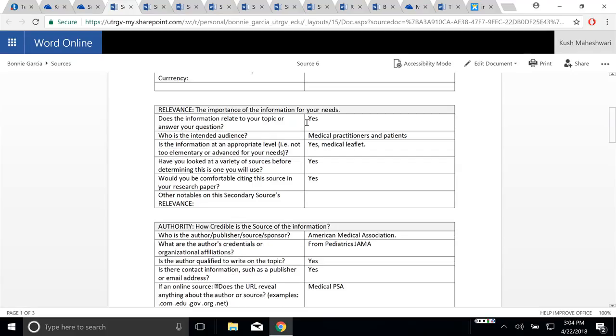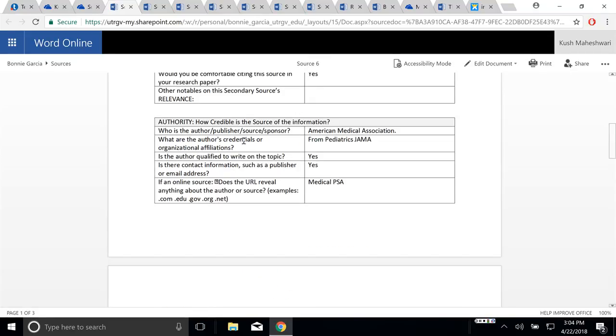So you've got to take that into account. For relevance, the importance of the information, again, if you're doing a study on stem cells, you're not going to be looking in magazines for popular culture, for example. It's a silly example, but again, is your information relevant to what you need? If you're going to do stem cell research, you'll be looking at scientific journals, editorial boards, scientific blogs, for example. Just make sure you're getting information that is going to help you further your argument instead of just distract the reader.